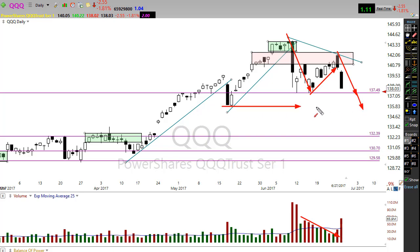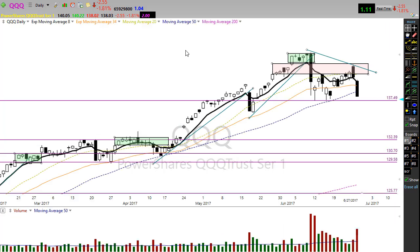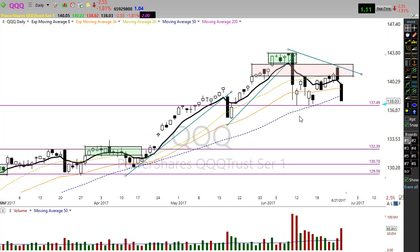And if we start dropping and crushing through new support levels, and there's support levels through here, if we start breaking through those support levels, then we really start looking for trouble. Now, if we look at the 50-day moving average here, you can see yesterday the Qs broke through that 50-day moving average. That is another reason, or another potential